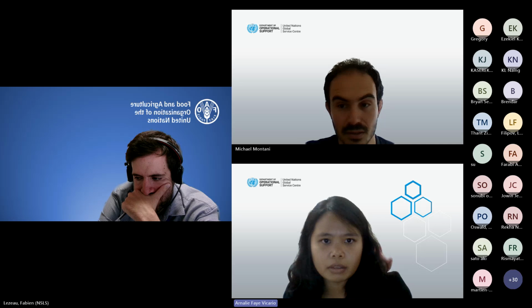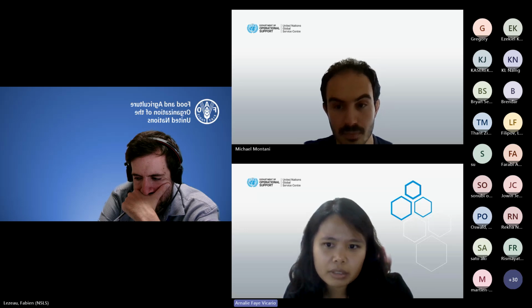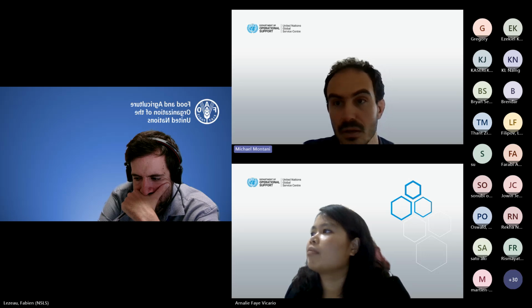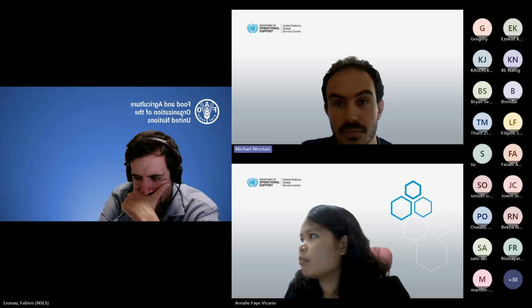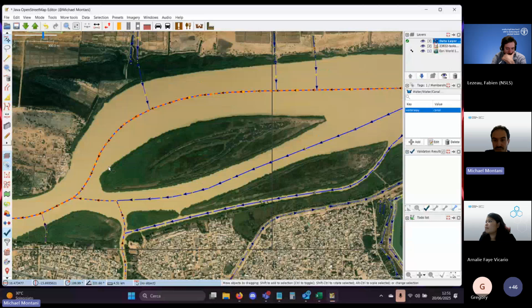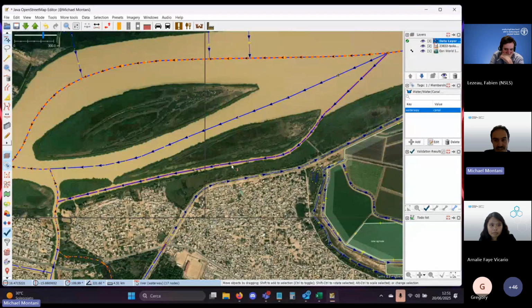Okay, another question, from Michael Larson. If a river has an obstacle, for example, an island in the middle, should we map both sides of the stream? Yes, I have an example. I can share my screen just quickly. In this case, it's the Senegal River, and we have an island in the middle, and the river is mapped on both sides. Actually, there is also another small island here, and you see the river is also going this way.